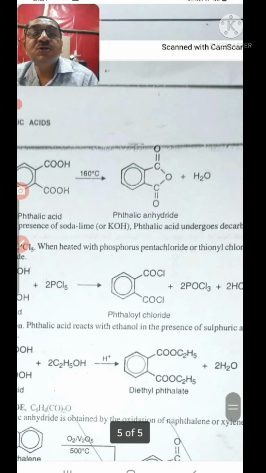Now another reaction is the reaction with PCl5. When we treat phthalic acid with PCl5, we get phthaloyl chloride. Here the COCl groups are shown, that is 2 COCl, meaning the 2 COOH groups are replaced by acyl chloride groups, plus POCl3 plus